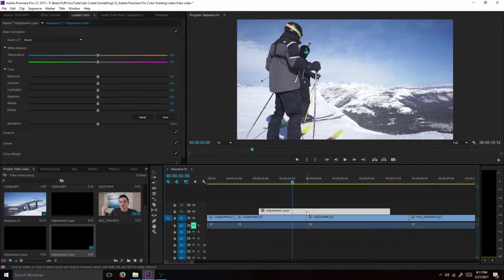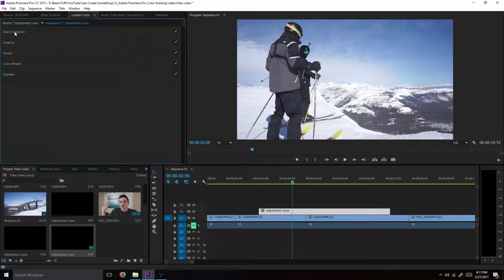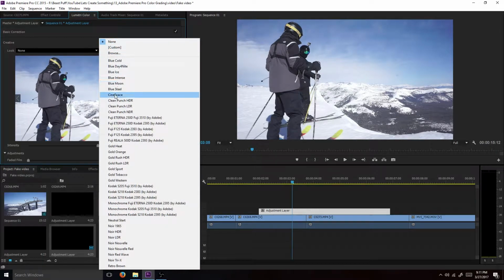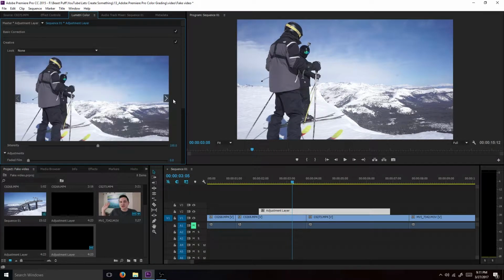So create an adjustment layer, and now as you can see, there are 5 tabs. If you don't want to do anything, there are presets that you can just use right away. If I go to Creative, you can see right here all the presets that you can use. You can scroll through them right here by clicking this, and as you can see, most of these are intense. I'll click on one and it'll apply over here. They're pretty intense. However, you can control the intensity right here. You can bring it down,